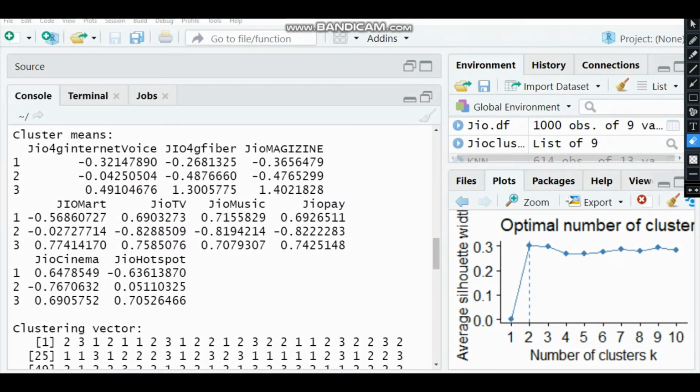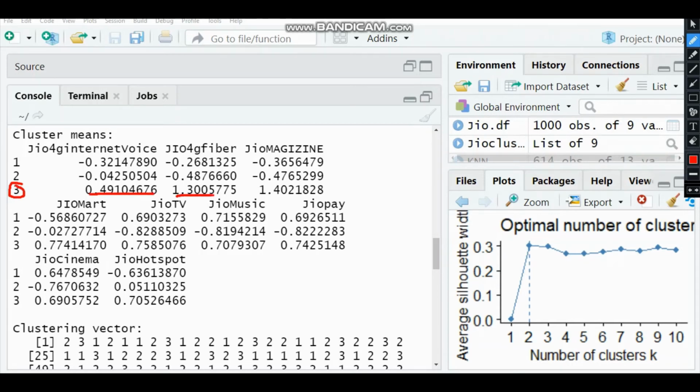Yes, so you have to read these values row-wise: cluster 1, cluster 2, cluster 3. Now if we read this row-wise for each of the three clusters, which cluster has the highest value or the lowest value? If we see cluster 3, the value for 4G